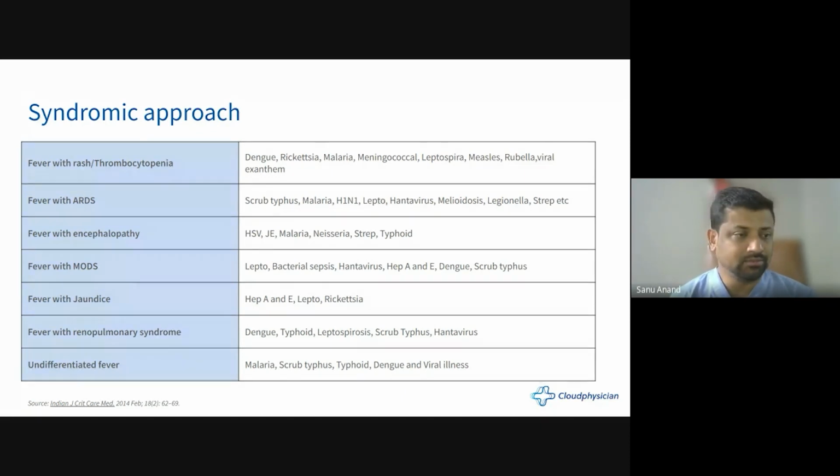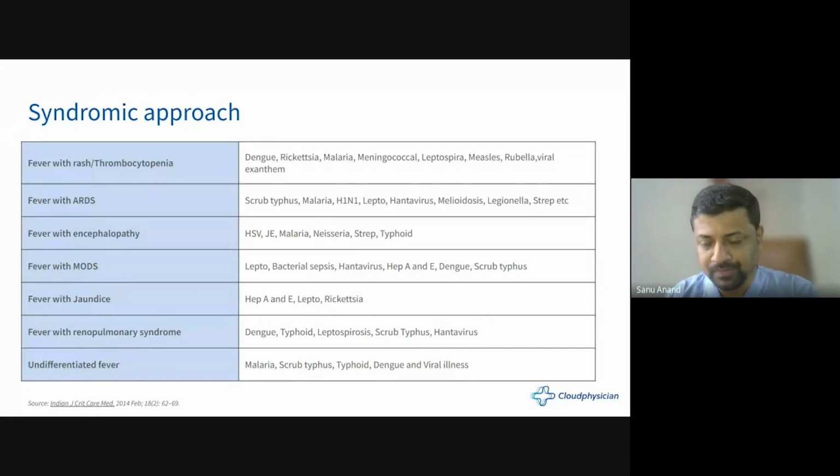And if you really want to talk about just fever with rash and thrombocytopenia, there are 100 viral diseases which can actually cause this. And this list is actually not that exhaustive. But nevertheless, these are the most common ones. Dengue, rickettsia, malaria, meningococcus are the most common ones in adults, and measles and rubella are more really in the